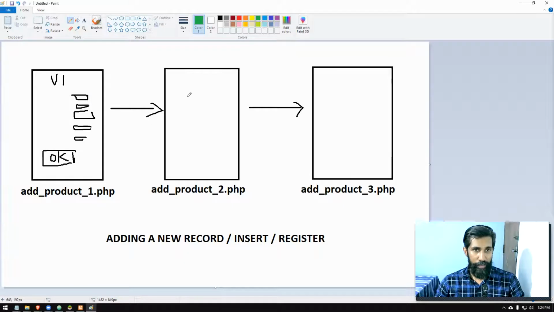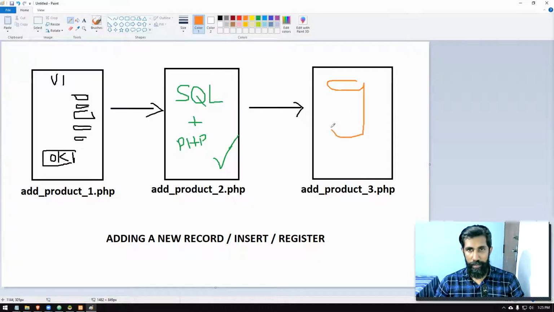Once we bring that, we're going to receive the values into variables and we're going to build an SQL command, which is an insert into command. And using that SQL command with PHP language, we will be executing that. When we execute that, the database will be updated.